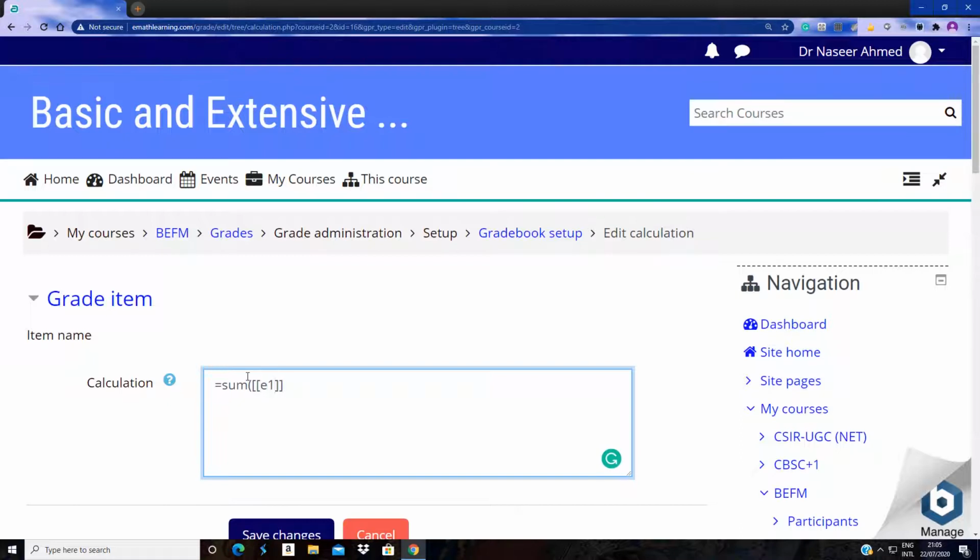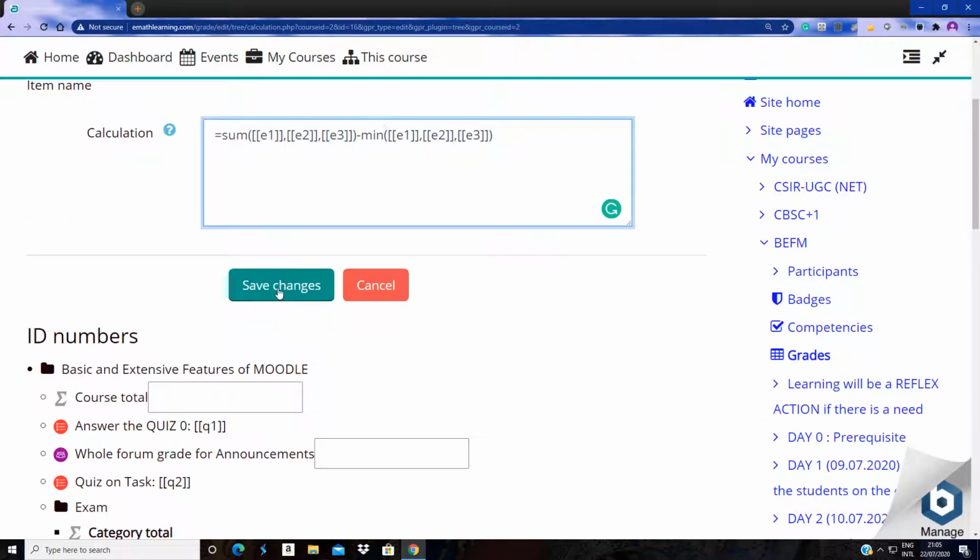You can find it. For example, write it here, sum of this E1. I write E1 in double square bracket, then E2, then E3. This is the sum function. You can use E1 plus E2 plus E3 also, no issues. Now the same minus the minimum of these three. So min I used. So sum of these three minus the minimum of these three. So it will result in the sum of the best two. So now 50 plus 50, it will give us 100. So I just save this change